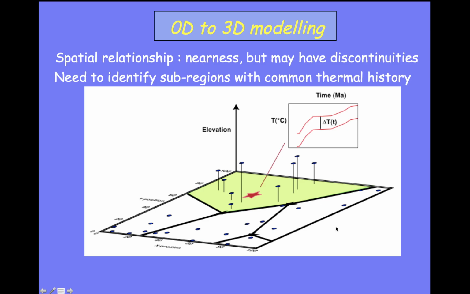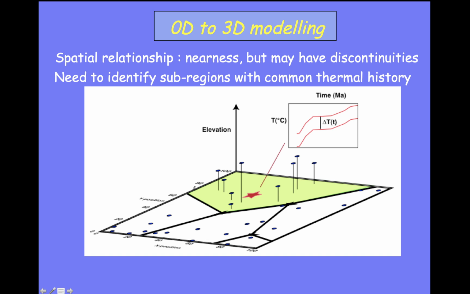Okay, so just to explain that a little bit more, this 0 to 3D modeling. So 0D is just one sample by itself. So these little dots represent samples. You just take one sample here, for example, and say, what's the thermal history? That's okay. As I've said, it's a good idea if we can try and combine samples to reinforce the real